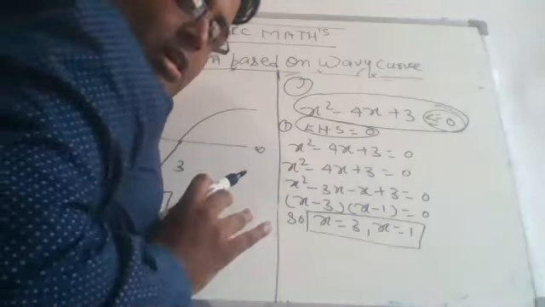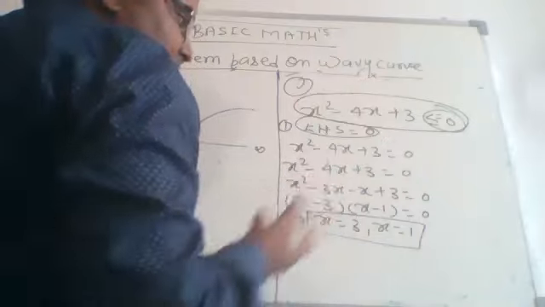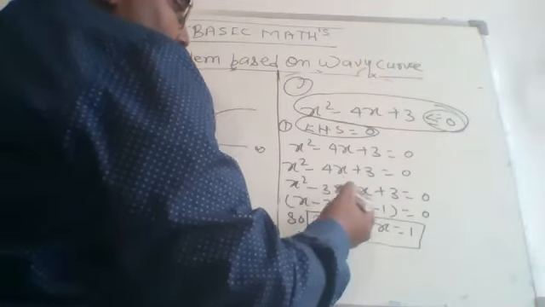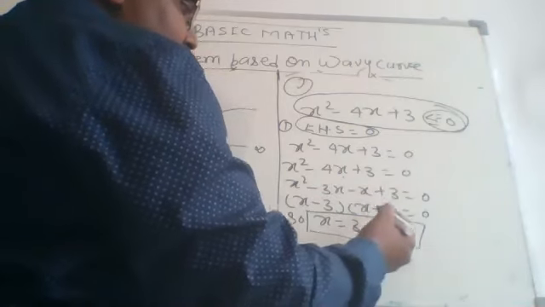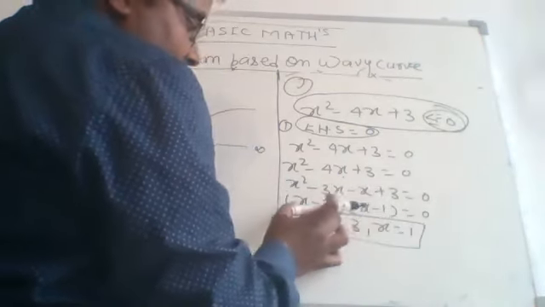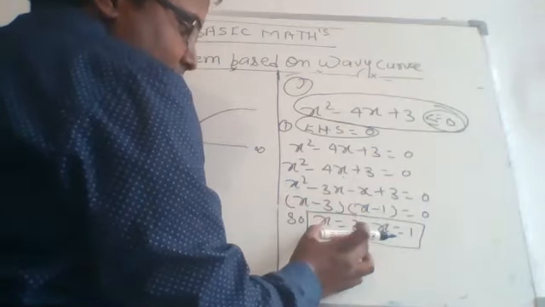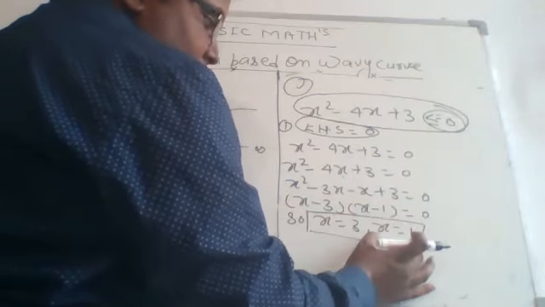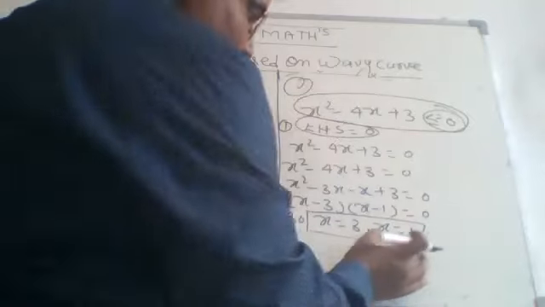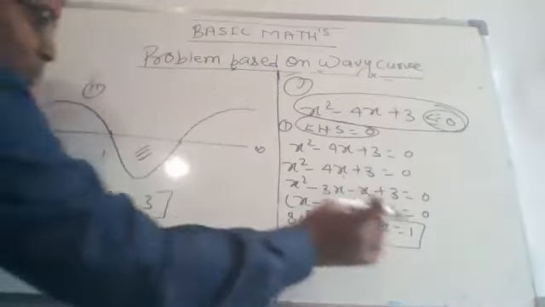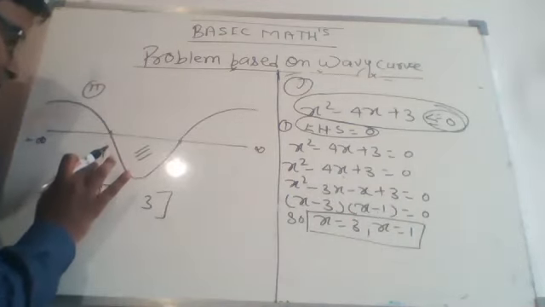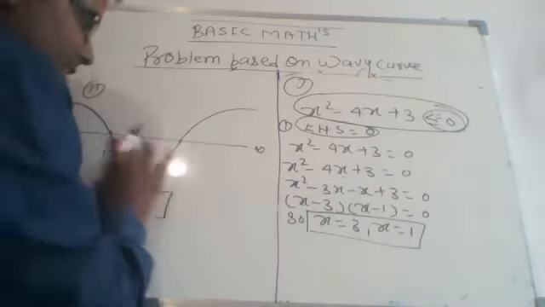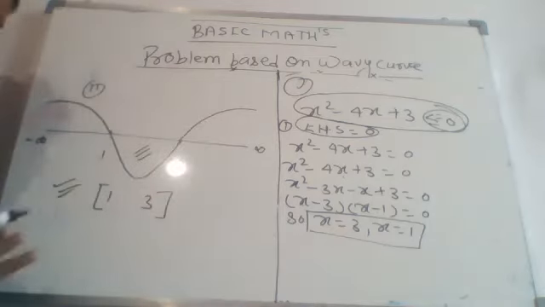This one. x square minus 4x plus 3, when factorized by using the middle term splitting method, we get x square minus 3x minus x plus 3 equals to 0. So we can write it in factors as (x minus 3) into (x minus 1) equals to 0. When we put x minus 3 equals to 0, we get x equals to 3. x minus 1 equals to 0, we get x equals to 1. There are two solutions, 1 and 3. Now we have to put the solutions 1 and 3 onto the number line. So 1 is smaller, so it comes on the left side. 3 is larger, we have to put it on the right side of 1.